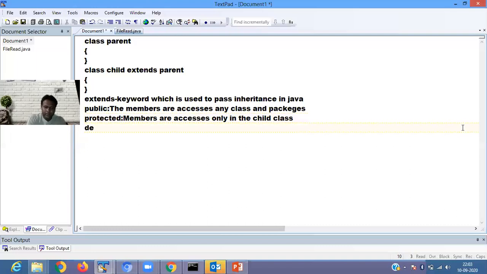If you write default, meaning you are not defining anything and directly write int a, the members are accessed